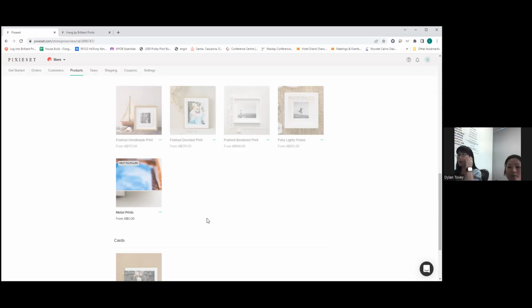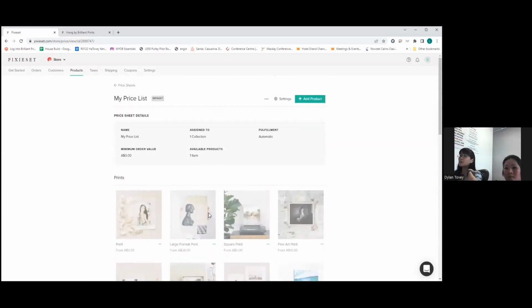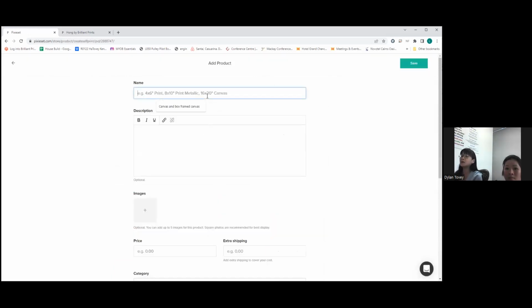Okay, so when creating a product, you go to the top of the page and then you add product. You click self-fulfilled item, and then here you would type canvas. Sorry, we're doing canvas, right? Yeah, canvas, and box frame canvas. From here, that will be the title that the clients will see as part of their shopping cart